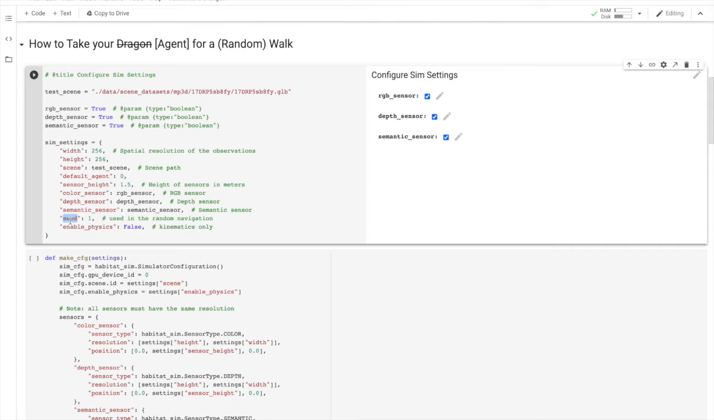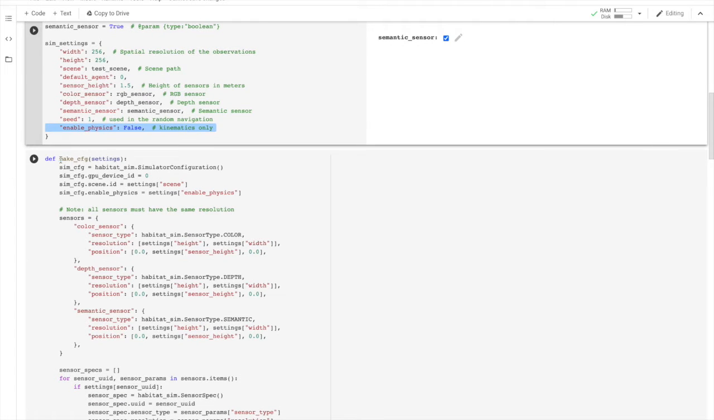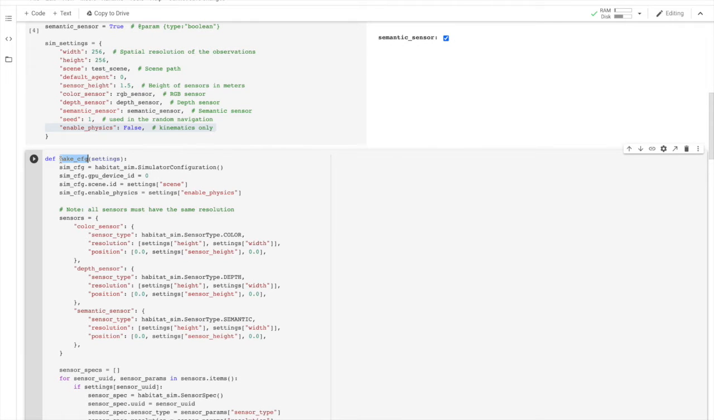We're also going to set a pseudo random number generator seed, and we're going to decide if we want to enable physics or not. We will not enable physics for this part of the tutorial. If you want to learn more about physics, please check out some of our other tutorials like interactivity and advanced features. We're going to define a make configuration object here, which is going to have the various settings